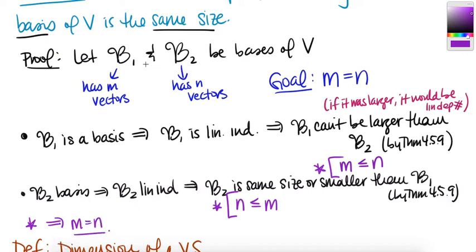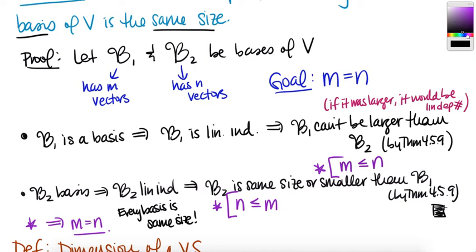Because we started with just two generic bases, and we showed that any two random generic bases are going to be the same size, that proves our theorem. So every basis is the same size. And we proved our theorem. Great. Now that means that no matter what bases we're talking about, they always are the same size. They're always one number of vectors in that set,